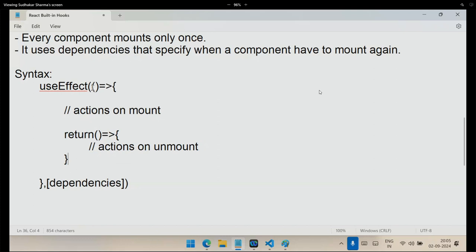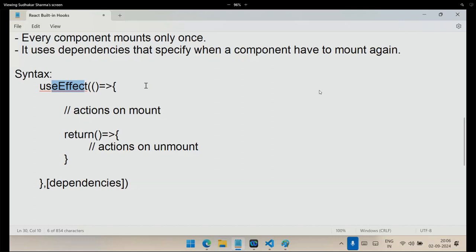You see, you have a function, and this function is using which keyword? Return, and return is returning a function. That means it will perform this functionality and store that in the memory, so even when the component ends,